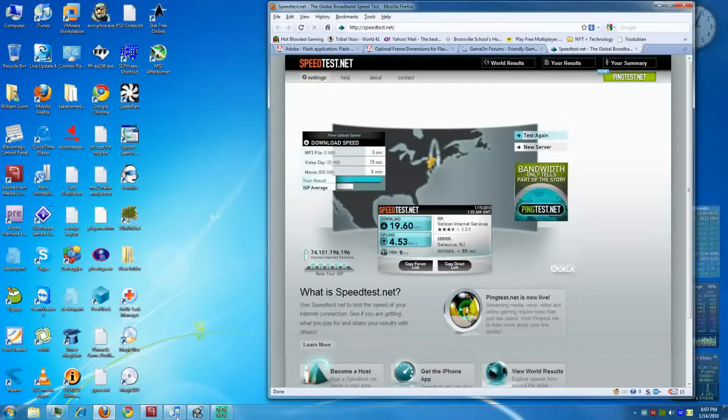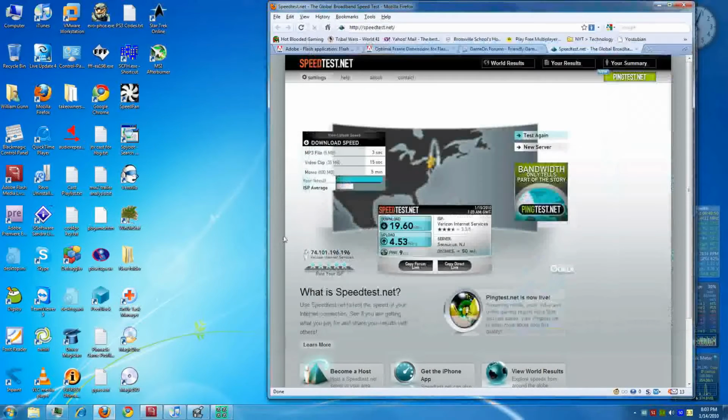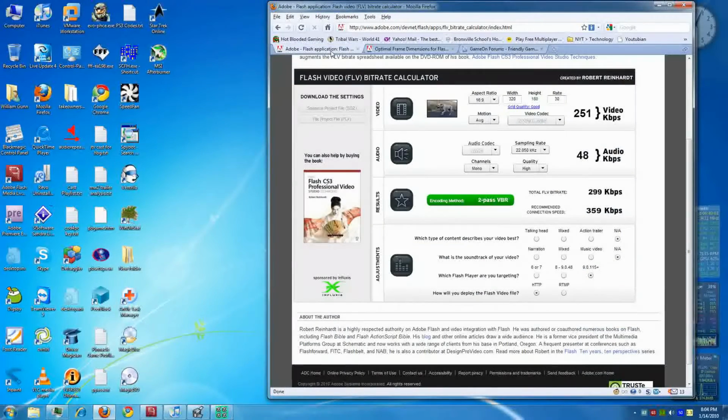So this translates directly into Flash Media Encoder. That means if I want to stream, I can stream at 4,000 kilobits per second right now, because it's 4.5 megabits. I won't get into the difference between megabit and megabyte. You can look that up. So close that out. Now you've figured out your upload speed, it's time to figure out what resolution you want. Basically, if you use a resolution too high, like say I want to do 1920 by 1080,